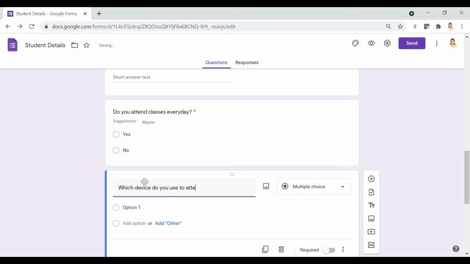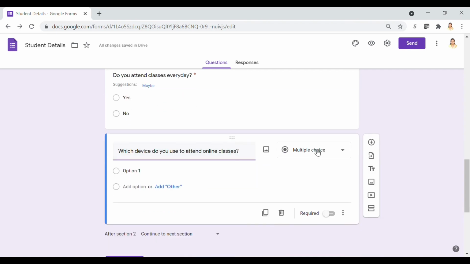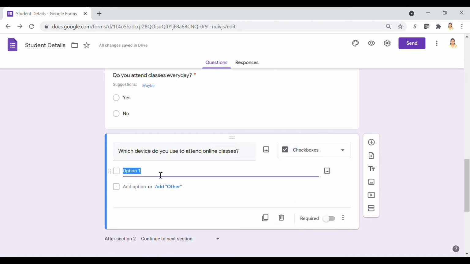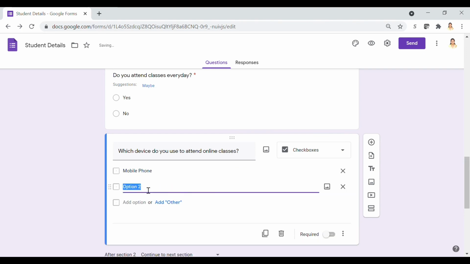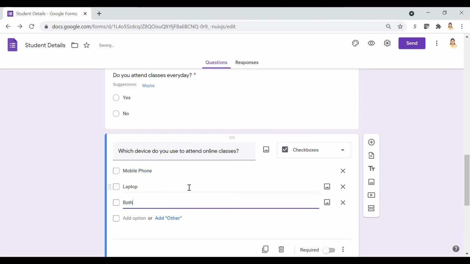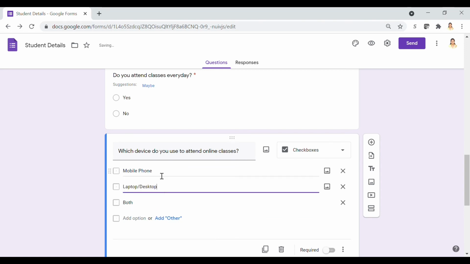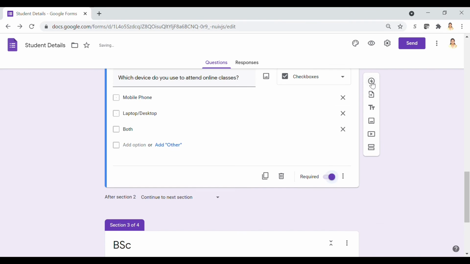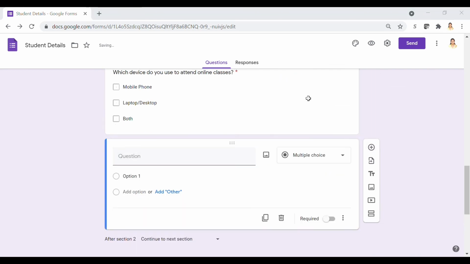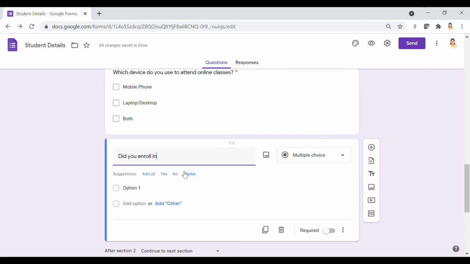The responses can be more than one, hence I will choose a checkbox for this question so that they can select more than one option like mobile phone, laptops, etc. Next question is about, did you enroll in Google Meet? This is again a multiple choice question with yes or no answer.